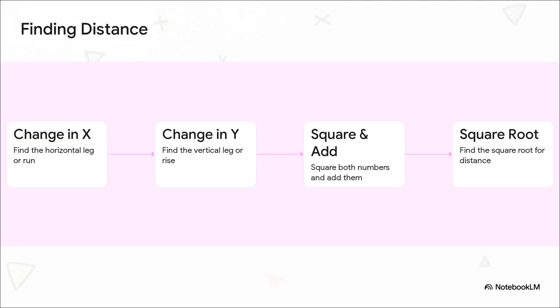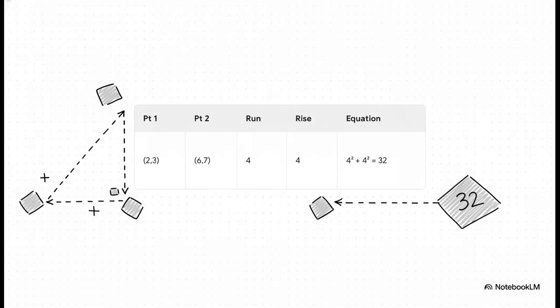Step 3, you square both of those numbers and add them up. Yep, that's your classic a squared plus b squared. And finally, step 4, find the square root to get your ultimate distance, c. Just 4 simple steps. So what's genuinely fascinating here is how clearly that invisible triangle just pops out the second